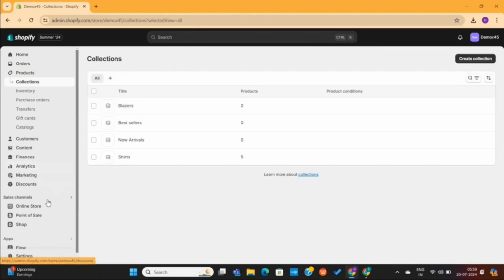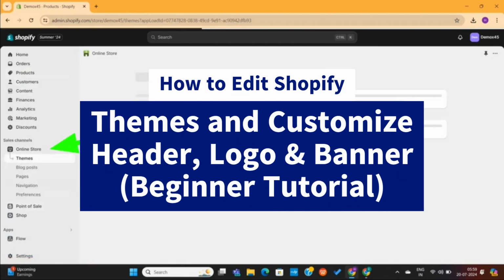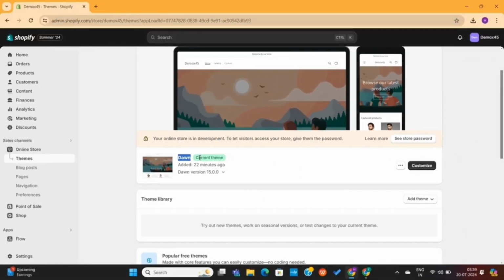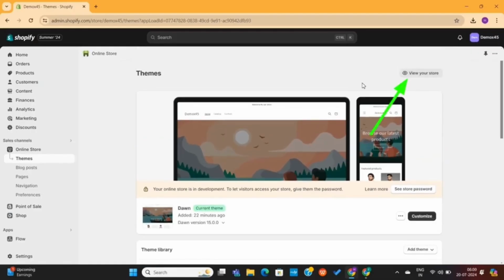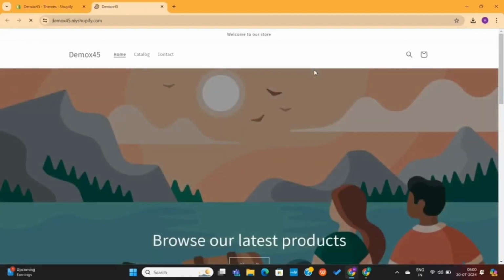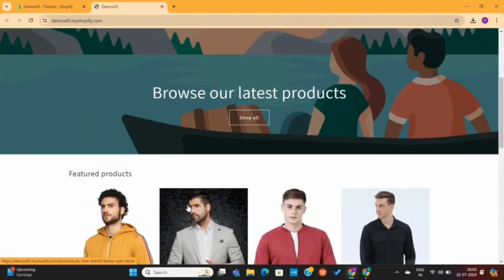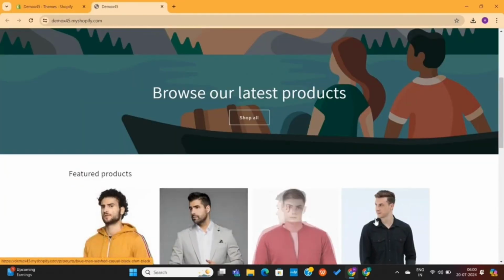And now it's time for us to customize this store. So, click on this online store option. Here, you can see that the current theme of our store is the Dawn theme. And when you click on this View Your Store button, you'll be able to preview your current store design. This is the default Shopify theme, which is not bad, but for this store, we are going to use a